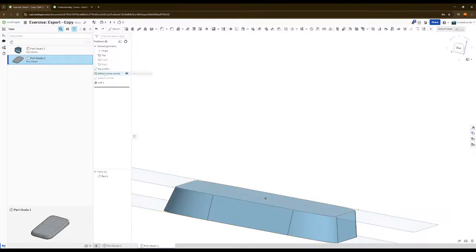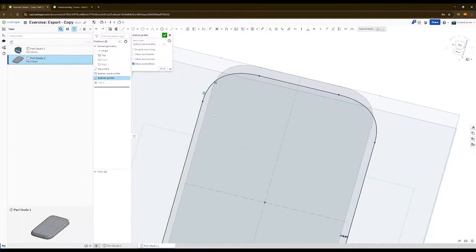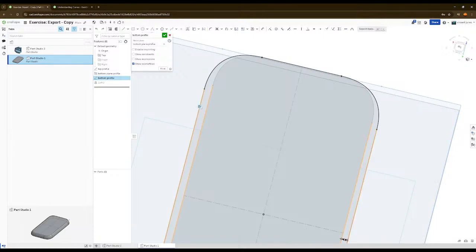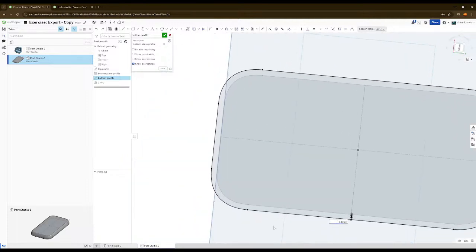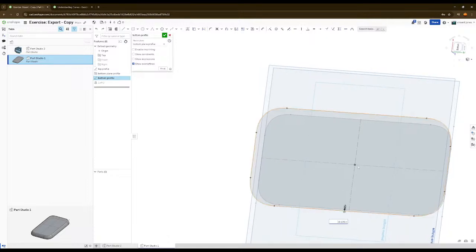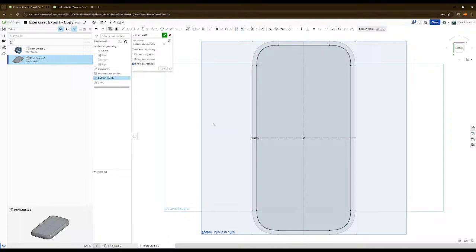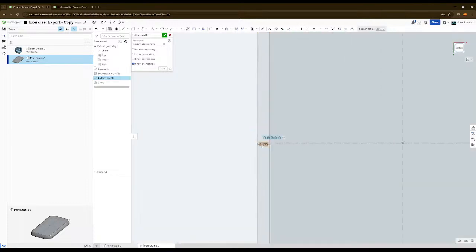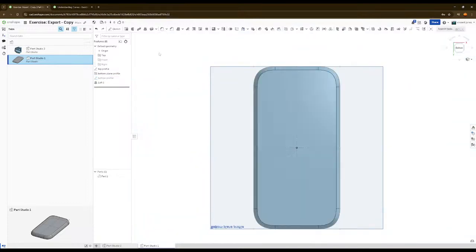This is the bottom. Oh, now it works? No wonder it didn't work.